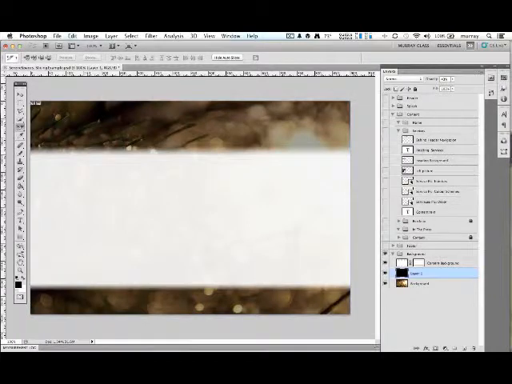So what I like to do is grab that white bar on its own. I also want to grab it so that we can move it up or down if they decide they want to change the layout a bit. So we grab our slice tool, and we're just going to grab some rulers and drag them down, and remember to leave some space